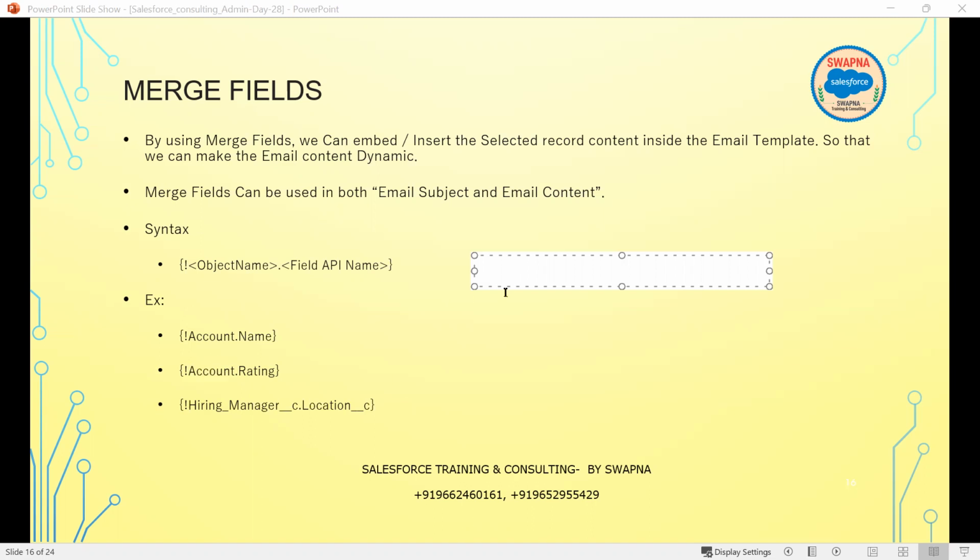If you want to send an email when the account record is created, whenever you click on the save button on the account record, you want to send an email. So in this email template, the email template that you are referring to here,